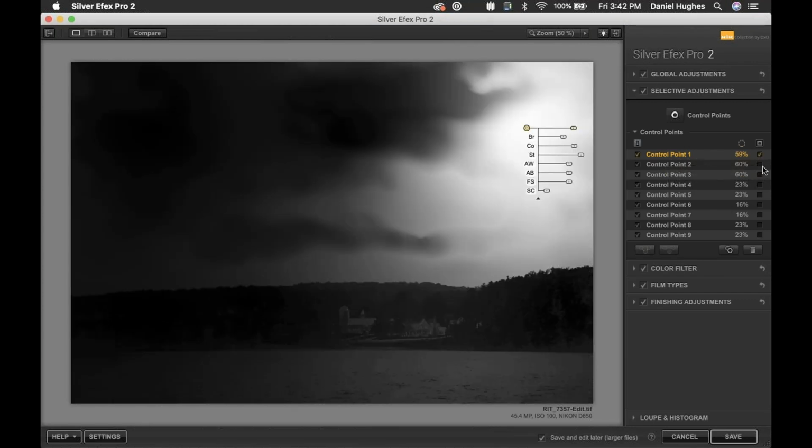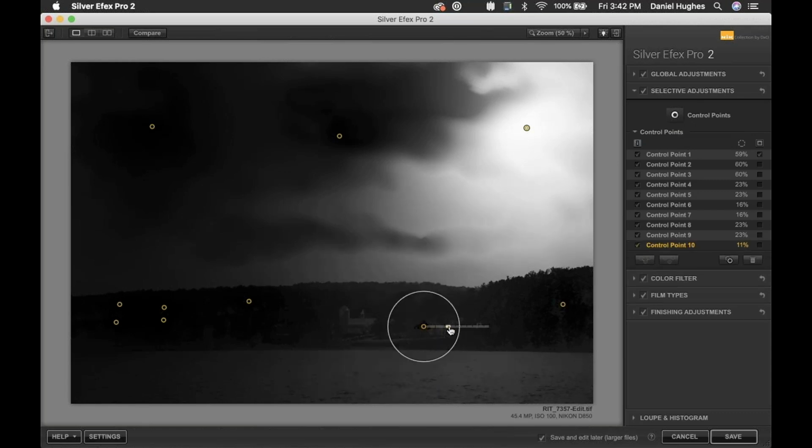So what you're looking at now, as I've got that first control point clicked on, is anything that is white in this selection area is being affected by the control point. Anything that's black is not being affected by this control point, and anything that's gray has some of the adjustment on it. So this control point is seemingly adjusting a little bit into the water and a little bit into the farmhouse here. And if we didn't want the farmhouse to be affected by that control point, here's how you clean up a selection. You just take another control point, place it on the object that's being affected by that point,